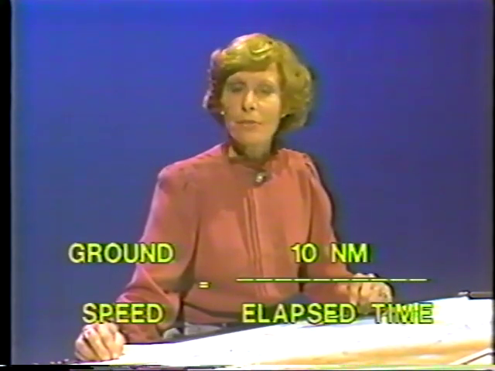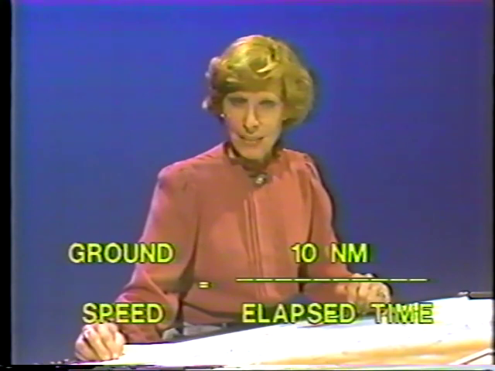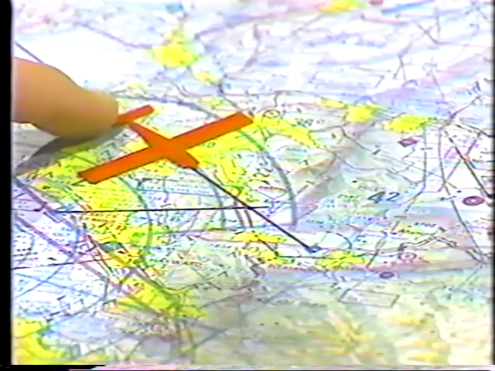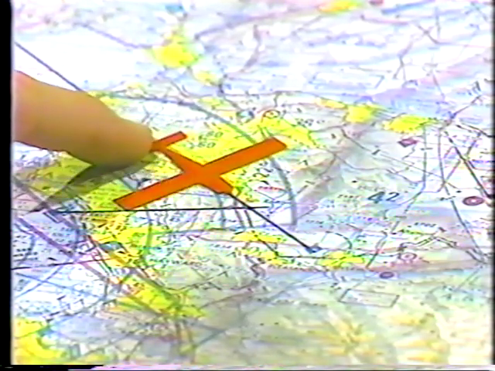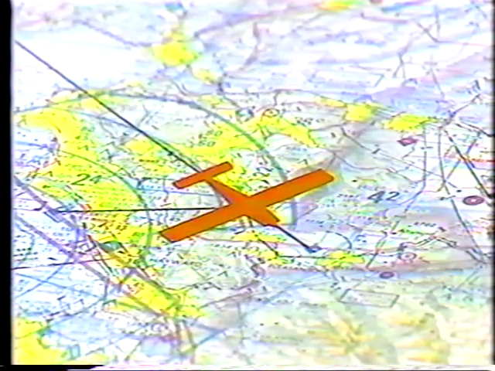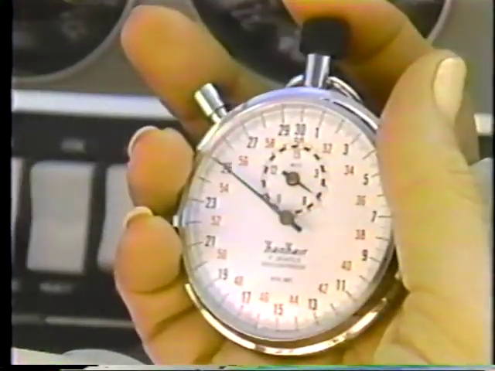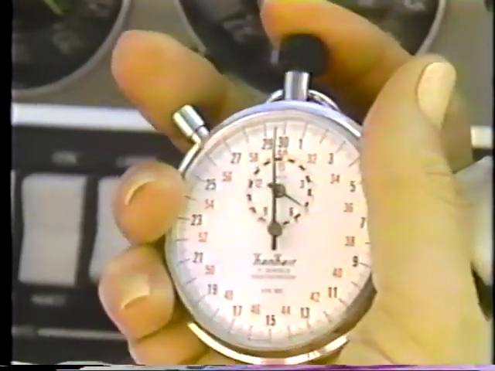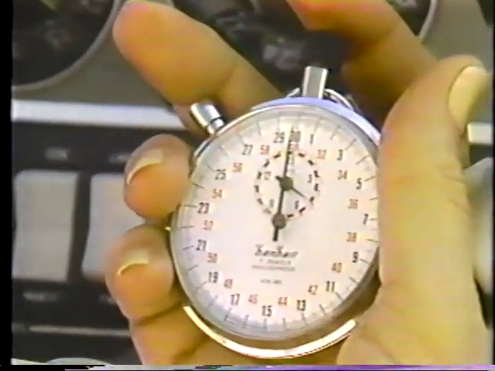We now have the first of the two knowns necessary to solve for ground speed. The second known will be provided by the watch. When we cross the 060 degree radial, the CDI will move to center, indicating we are at our second fix. We now have the second known required to work our ground speed problem, a time of 5 minutes.